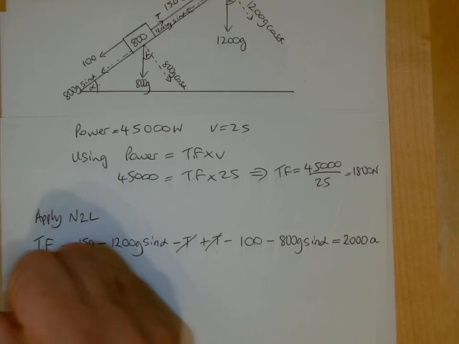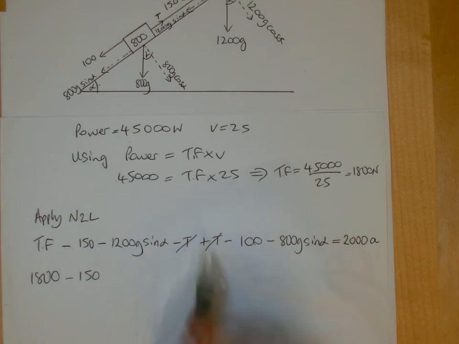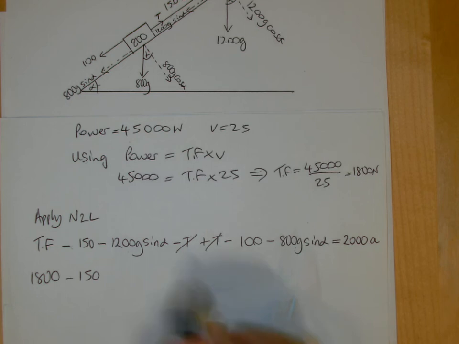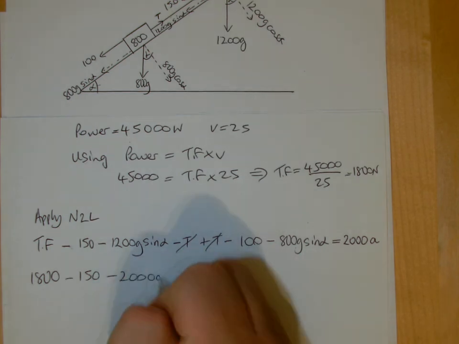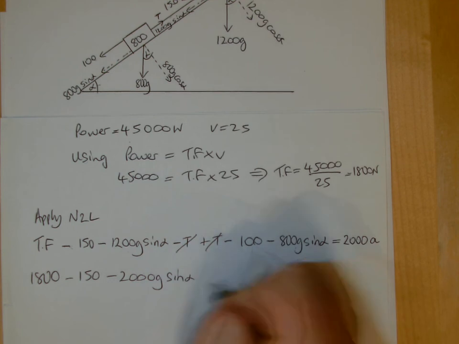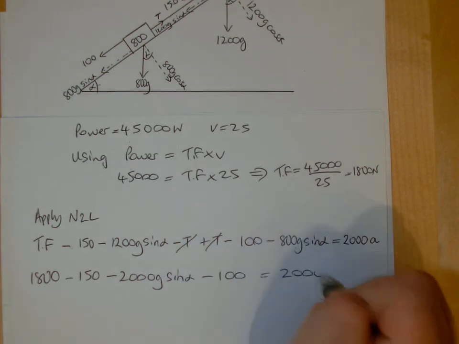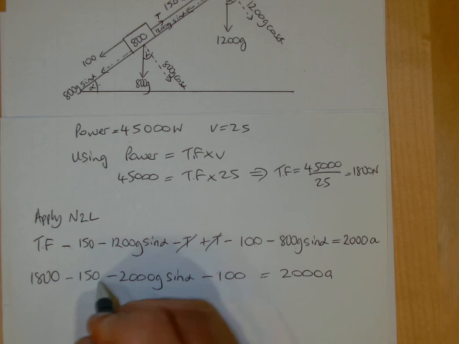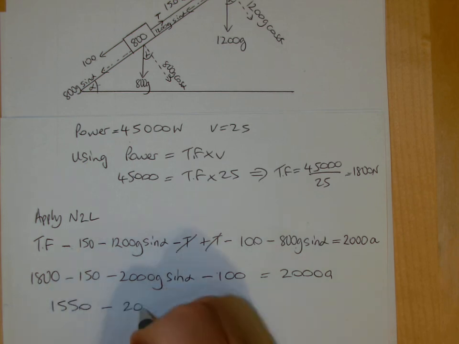Tractive force is 1800, minus 1200 g minus 800 g, so that's minus 2000 g sine alpha, minus the 100, equals 2000 A. Then you can take this away, so that will be 250, take away, so 1550, take away 2000